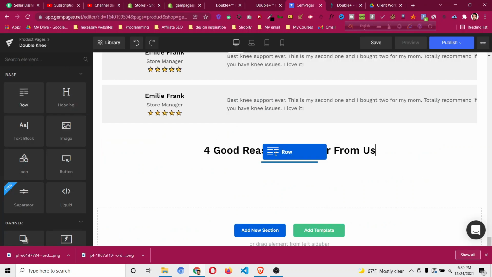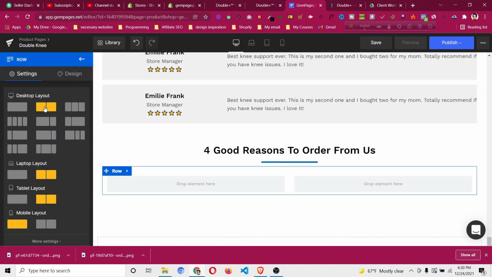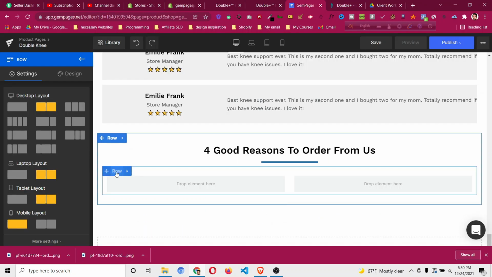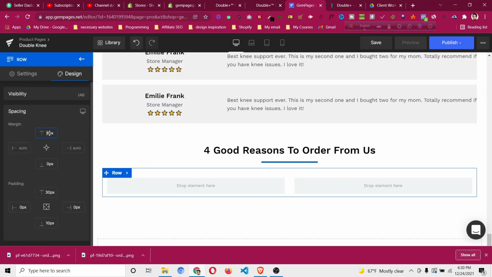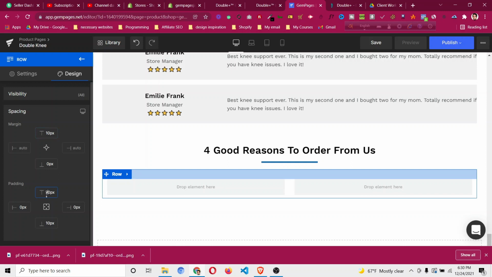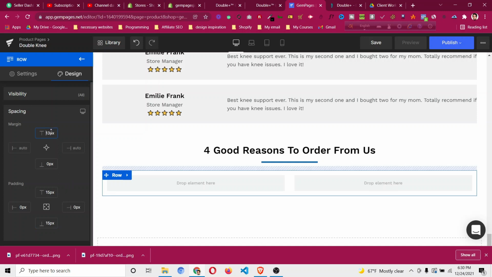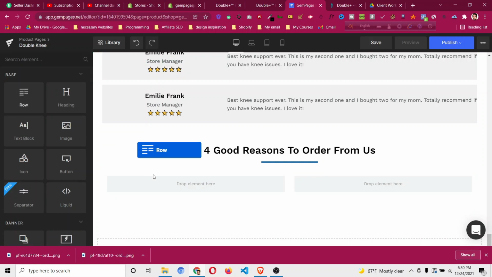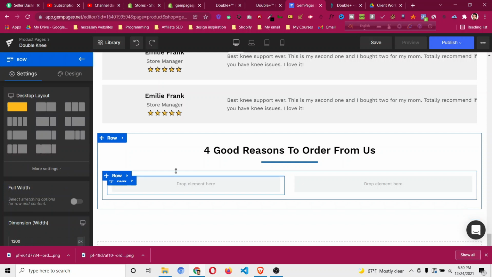So let's click a row and take a row under this one, which row will be divided into 2. Okay, then take this row and let's give it a margin of 10, and the padding will be 0, padding will be 15 and 15, give it a margin of 15. Okay, then each row will be divided into 2 row, so take another row inside this one and make it 0,